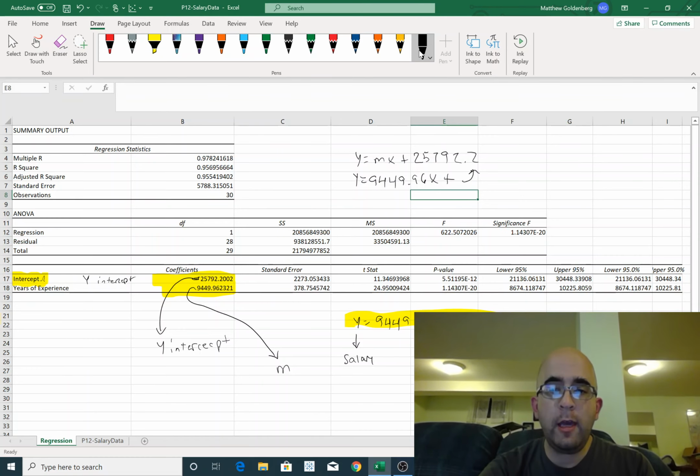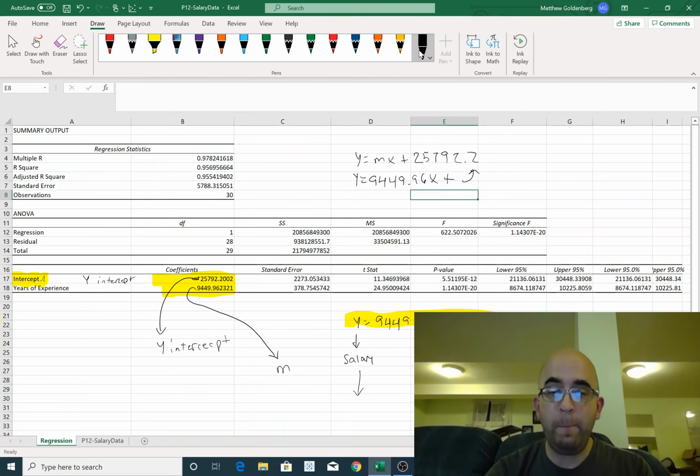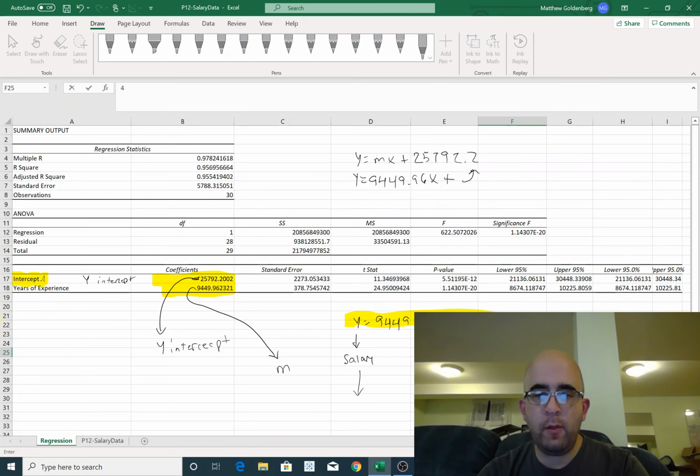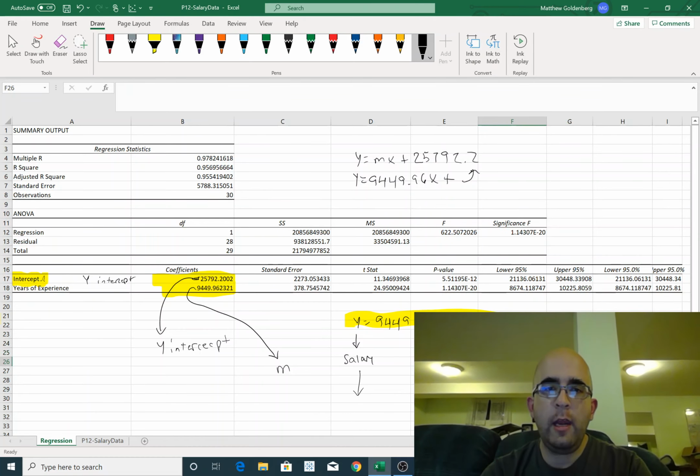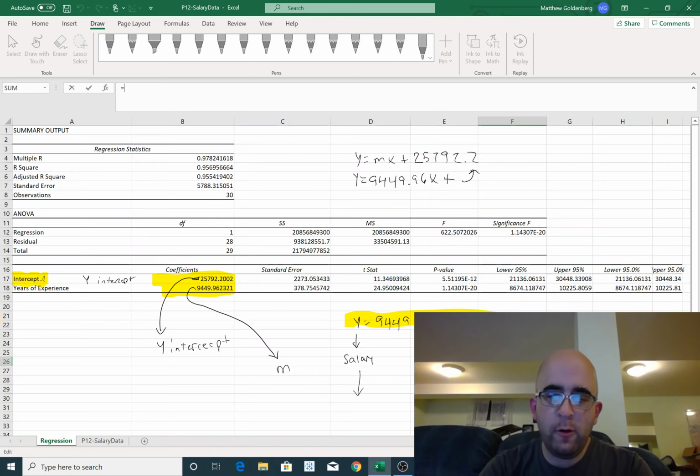So if I had someone that came in with 4 years of experience, I could now solve this for what salary I should be giving them. For example, let's do this in Excel. 4 years of experience, and the equation on my line is this number, the 9, 4. Let's make sure I'm highlighting it. I'm just going to write it in. It doesn't seem to want to highlight for me. So it's equal to 94.96